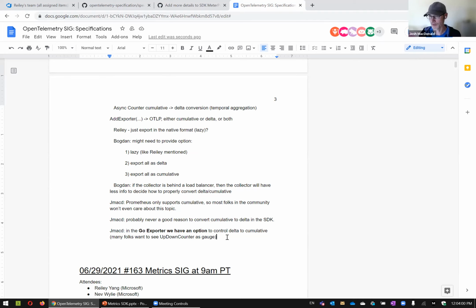But I've seen a very strong signal that people don't want to see those values be broken down into deltas. They want to represent them as totals. It's just that they want the API to let them increment and decrement it, so that you end up asking for synchronous up-down counter, keep the memory there because it's pretty important. And for every other instrument, you don't need memory, including asynchronous up-down counters. Those are always correct. So they're never put in the delta format.